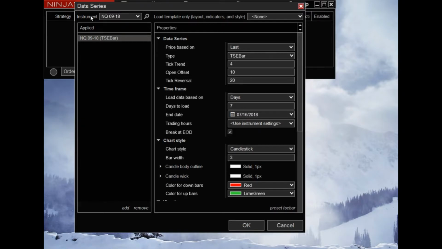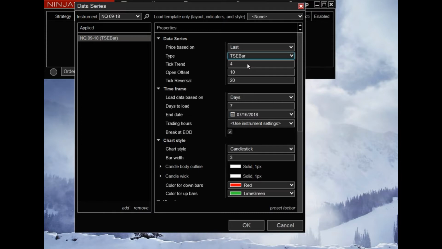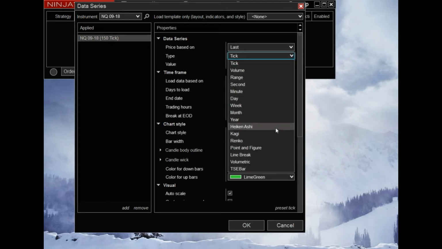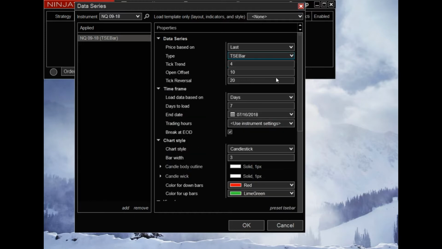And when you see the NQ load, you will see that the TSE bar type has been selected by default. If this is the first time you are doing this, this default type will typically be tick and not TSE bar because it's at the top of the list. So this is what it would look like if you hadn't run this already. You just go ahead to the drop-down list, go all the way to the bottom and select TSE bar. So be sure that you have the TSE bar type selected in here, and it loads with its own default